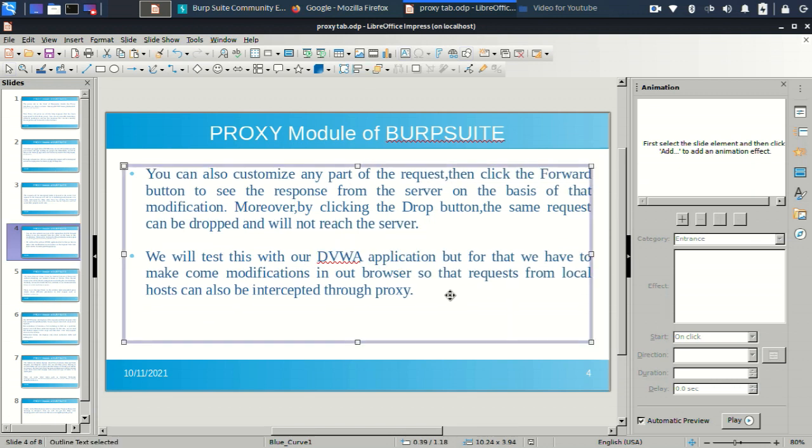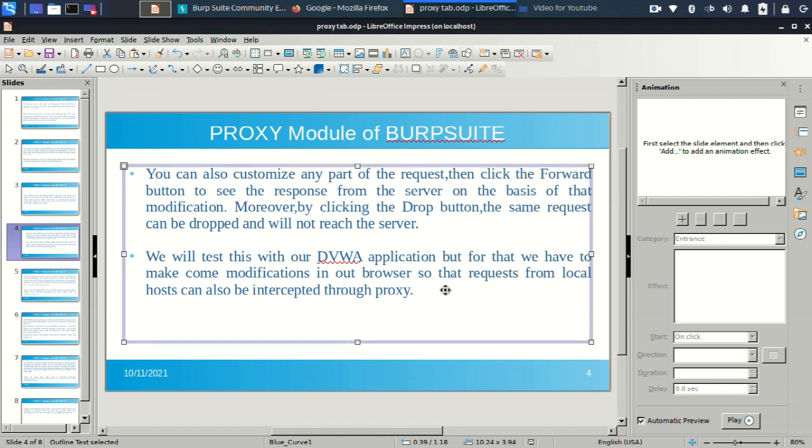Now in one video I'll show you how to install the DVWA application. It is called Damn Vulnerable Web Application. It is a pen testing lab, because whenever we are doing some pen testing or ethical hacking, we need a lab where we can practice all our ethical hacking or pen testing tools. You can't simply test on other websites.